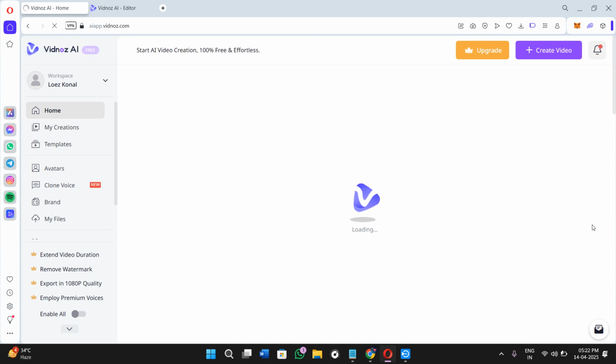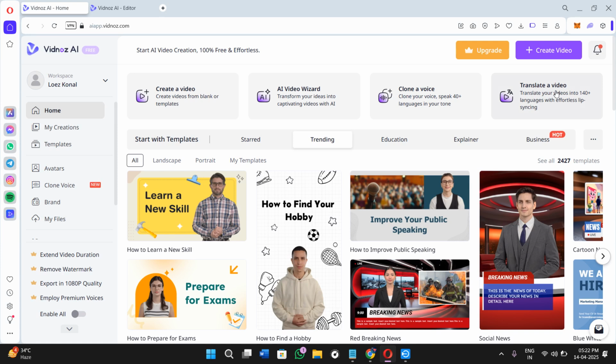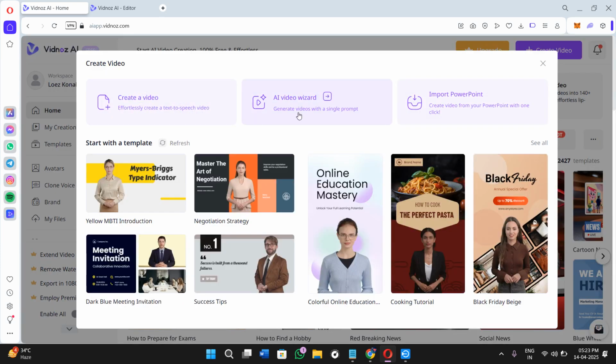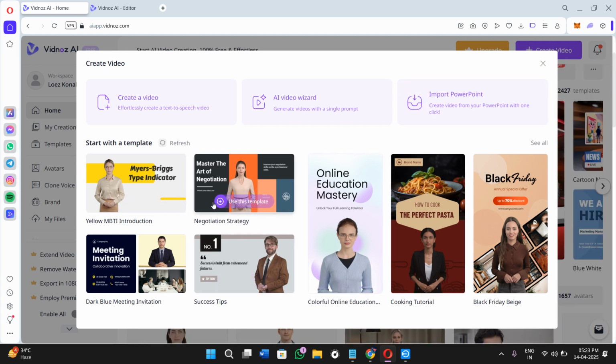Now if you go back on the home page, you will see these four sections on the top. So the first option is create a video. As the name suggests, with the help of it you can basically start creating your project. So first you can select the type of layout you want, or you can just use the AI video wizard, and you can even import your own PowerPoint template. You can even use any of the given templates over here to work with, or you can even just open